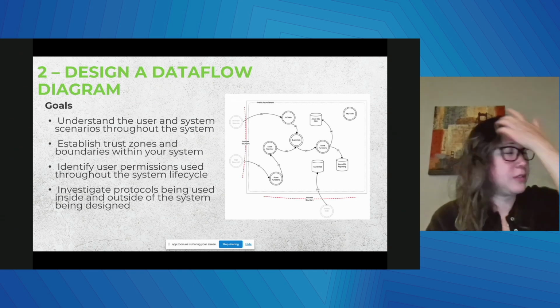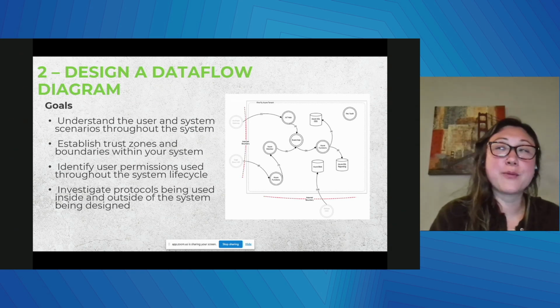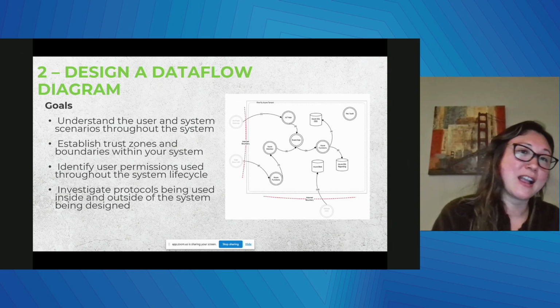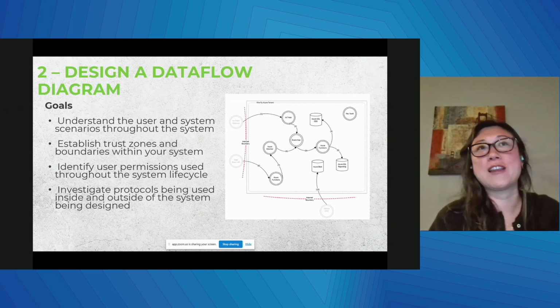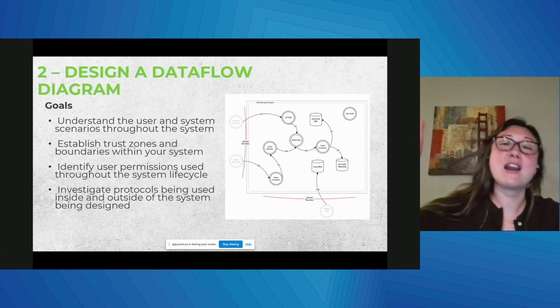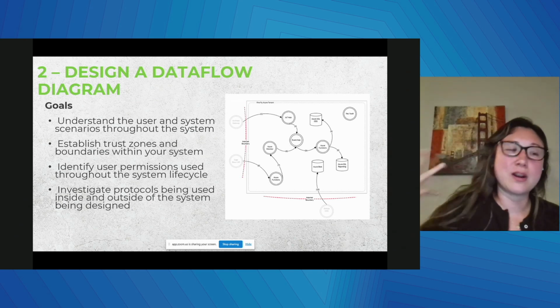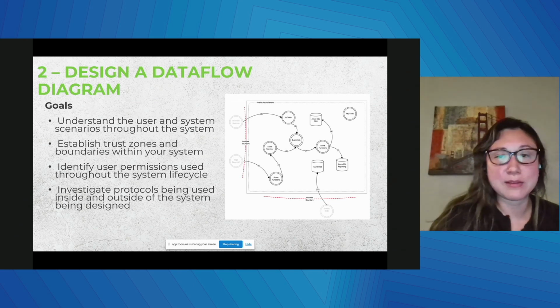I would say whenever I'm teaching people how to do threat models, I really put emphasis on them understanding how to actually create those data flow diagrams. And I have a really interesting table that I like to pair with data flow diagrams too, what I like to call a data flow diagram attributes table.